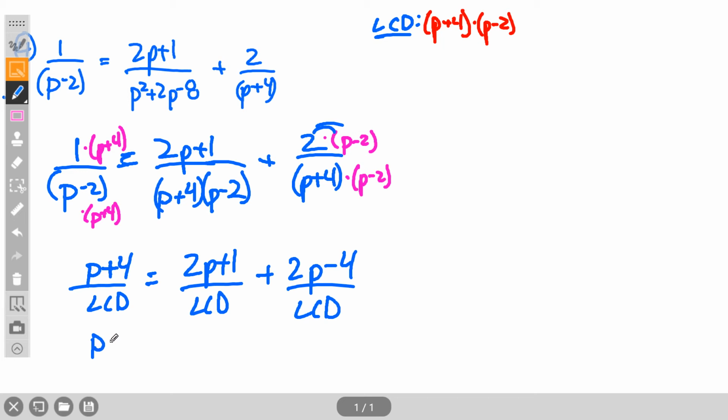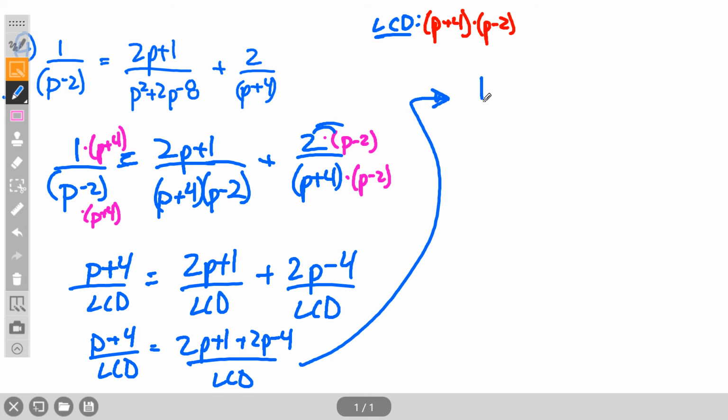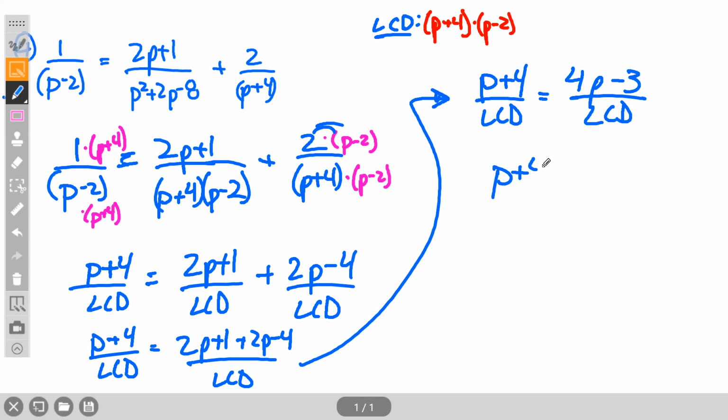All right, combine these on the right side into a single fraction, so 2p plus 1 plus 2p minus 4 over the LCD. Combine the like terms on the right side, so 4p minus 3 over the LCD. Now that they're both over the same thing, the numerators have to be equal to each other. So p plus 4 equals 4p minus 3. Subtract p,